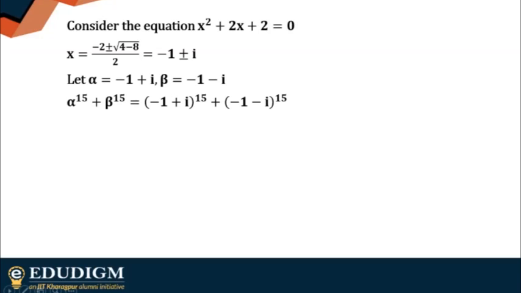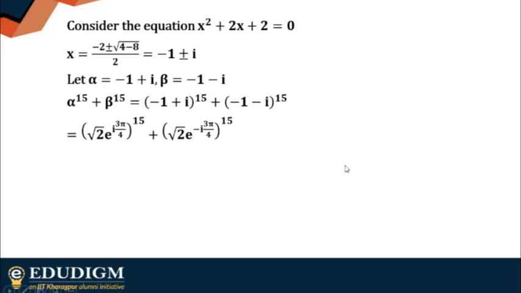Now you can use different methods. Some of you have said that you have found out alpha square plus beta square and then took it to the power 7, etc. Or you can simply use the binomial theorem. But here I'm using the concept of complex numbers. Let's just see how we can do this one. Just express the complex number in its polar form. You already know how to find out the modulus and the argument, and you can understand how you can find out the polar form.